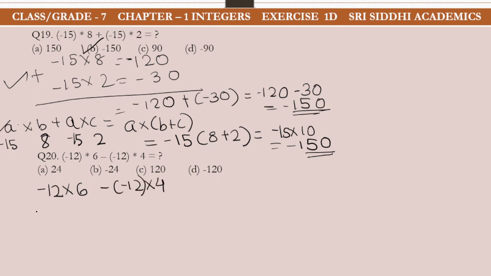So first let's solve minus 12 into 16. It will be minus 72, and then the minus sign I'll keep as it is. This subtraction minus sign I'll keep like this as it is here. And then 12 into 4 is 48, but it will be minus 48,